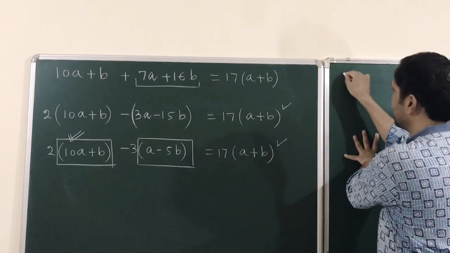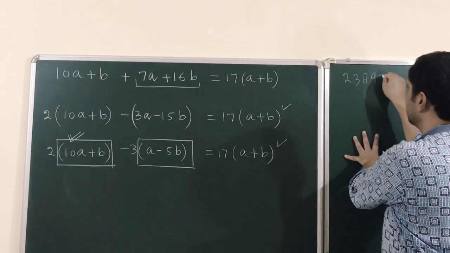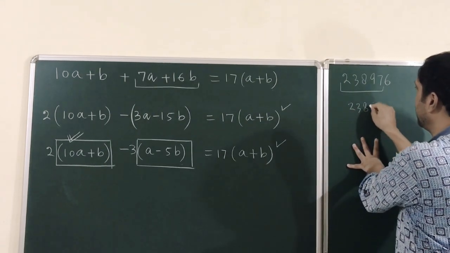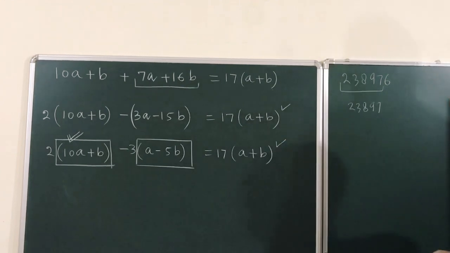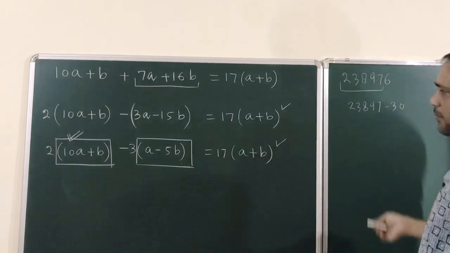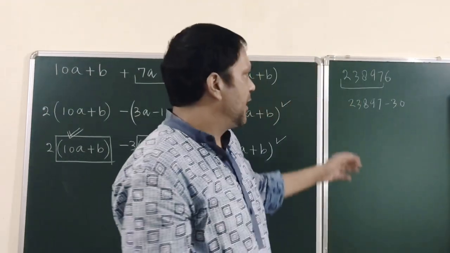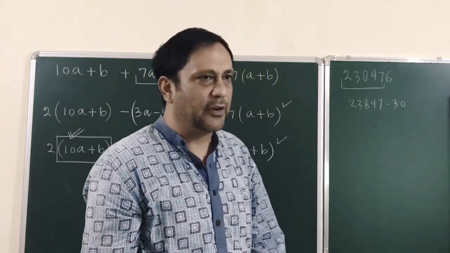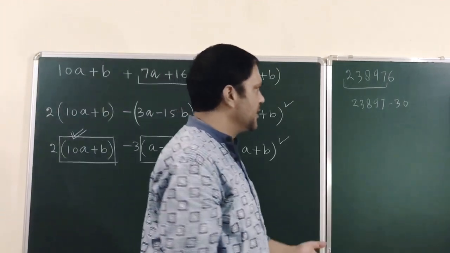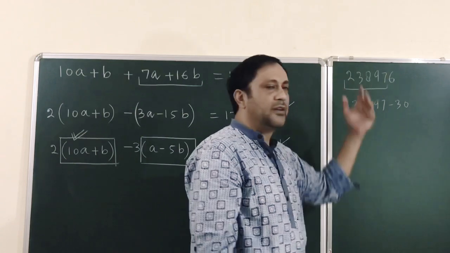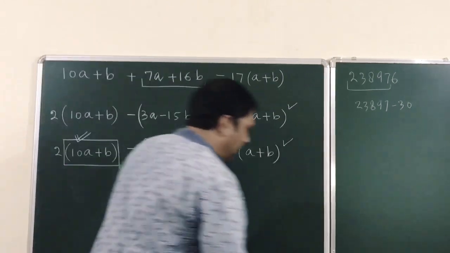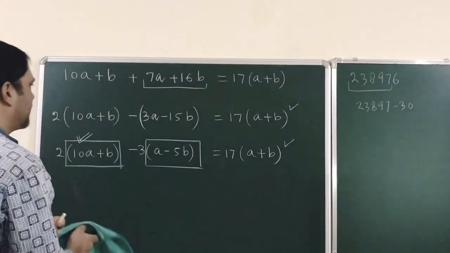So how will you be doing it? Let's say any number you take, 2, 3, 8, 9, 7, 6, I take. So what you will do: this is a, which is 2, 3, 8, 9, 7, and from that we will subtract 5b, and b is 6. So I will subtract 30. Whatever number I get, again the same procedure we will be doing, and when you come close to 2 or 3 digits, at that time you can directly confirm the divisibility. And if the very last number is divisible by 17, you can confirm the number you have taken in the beginning will be divisible by 17. Similarly, we can make other results also.